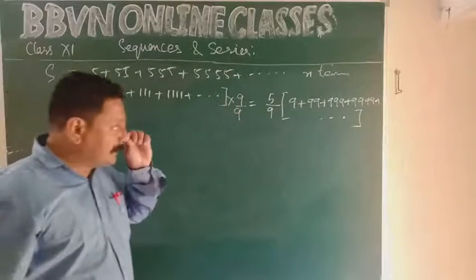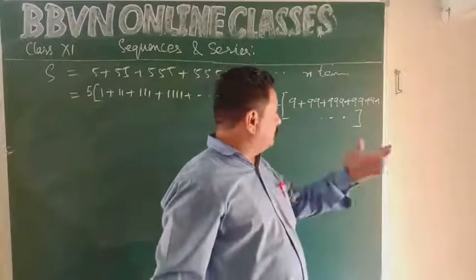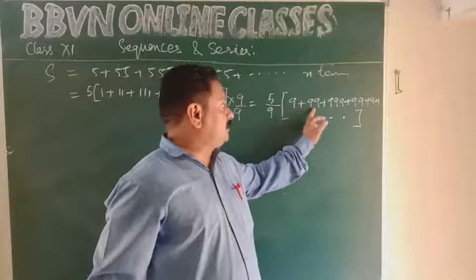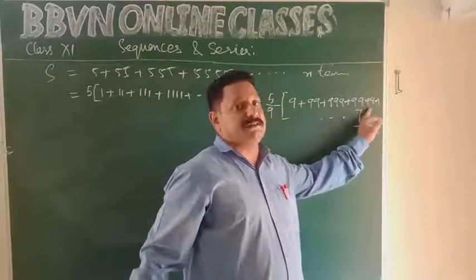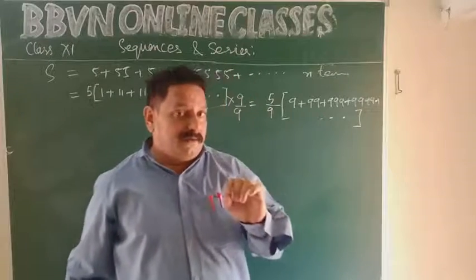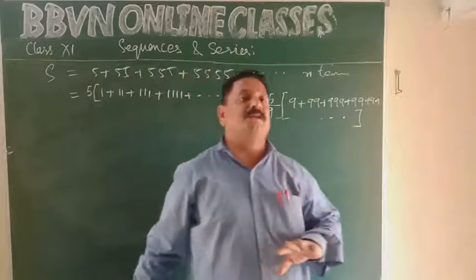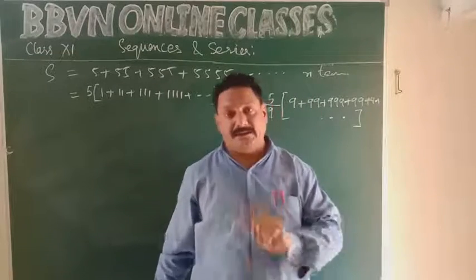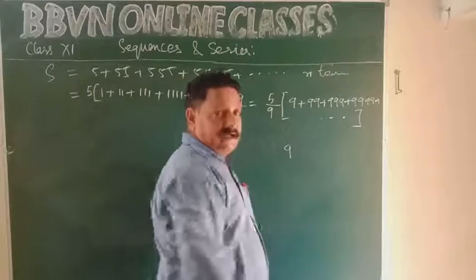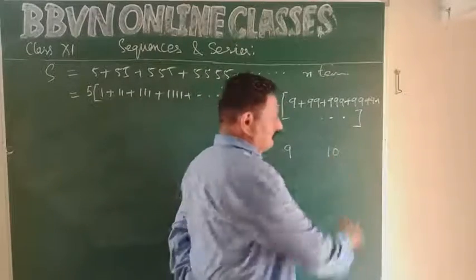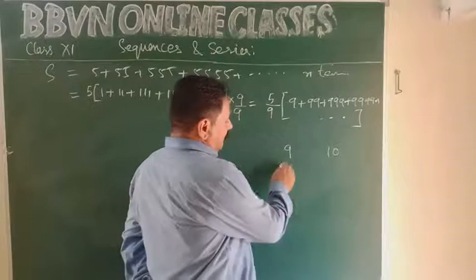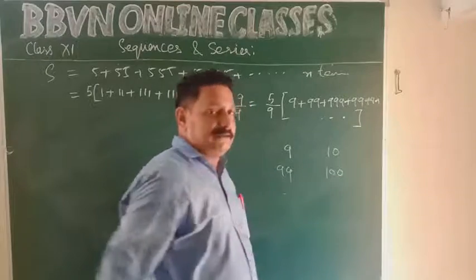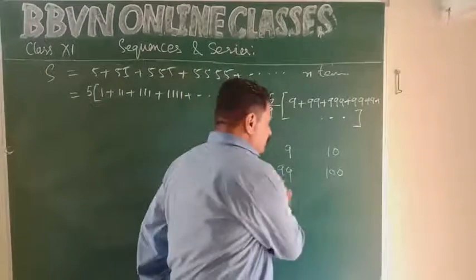Okay? Now children, a little flashback. Let's go back to class 2, 3, 4. Largest 1 digit number, largest 2 digit number, largest 3 digit number, largest 4 digit number. Largest 1 digit number and smallest 2 digit number, there is a relation. Largest 2 digit number and smallest 3 digit number, there is a relation. 9 is the largest 1 digit number and 10 is the smallest 2 digit number. Difference is 1. 99 is the largest 2 digit number. 100 is the smallest 3 digit number. Difference is 1. Let us use this concept here.